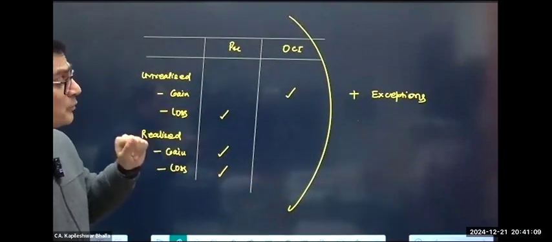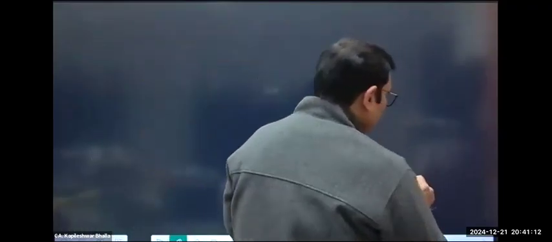Now with these inputs in hand, I would like to come further. I'll do that in the next class. I will give you a very comprehensive example with a walkthrough of other comprehensive incomes. The next class is going to be very interesting, because I am going to give you a lot of walkthrough in terms of OCI understanding. Of course, we will keep within the IAS 16 concept, but we need to build this concept slowly and steadily. Now, if I come back to IAS 16 and look at the subsequent measurement,